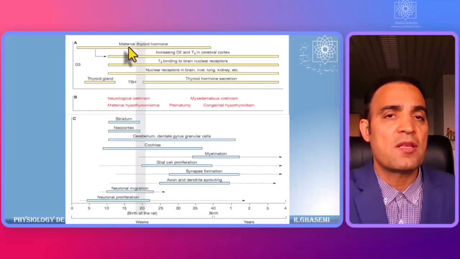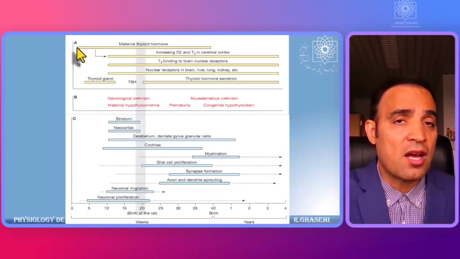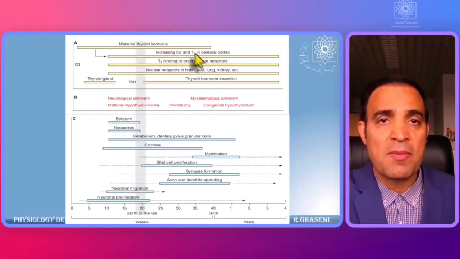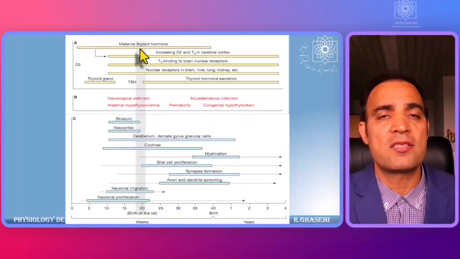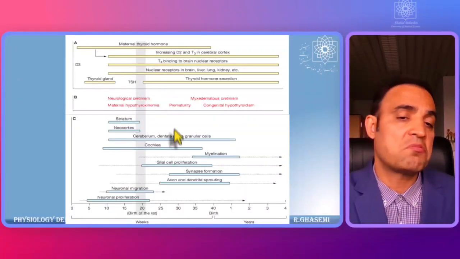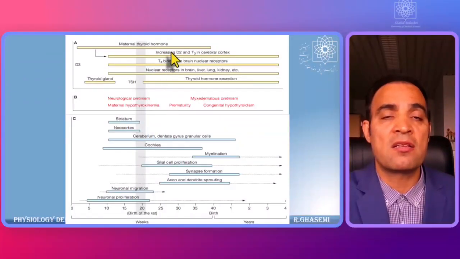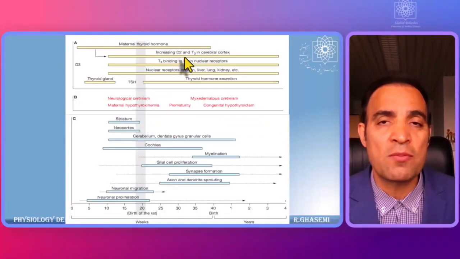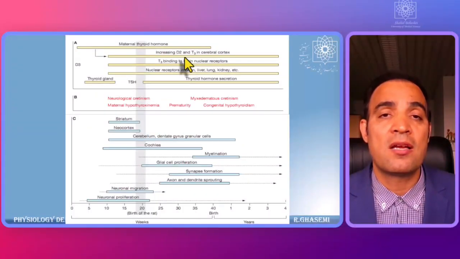And from early life to the time of birth, maternal thyroid hormone is available for the baby. Then after 10 weeks, D2, the iodothyronine deiodinase type 2, and T3 are expressed